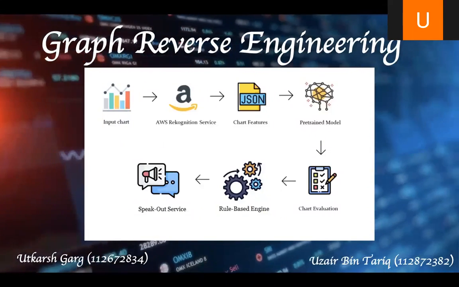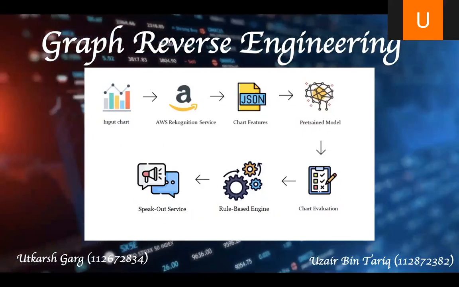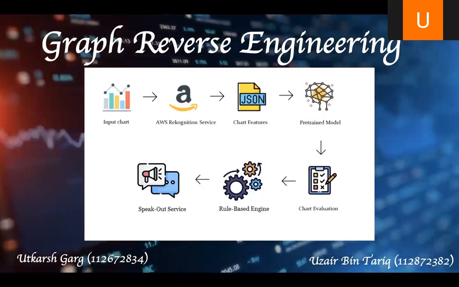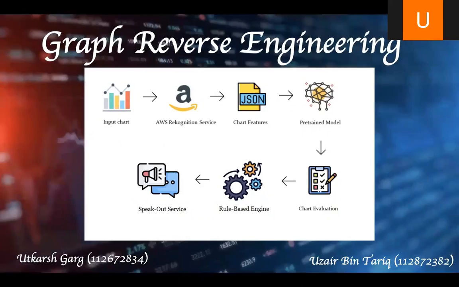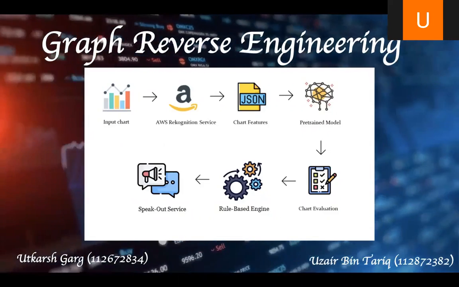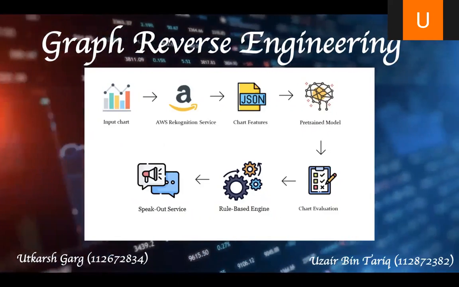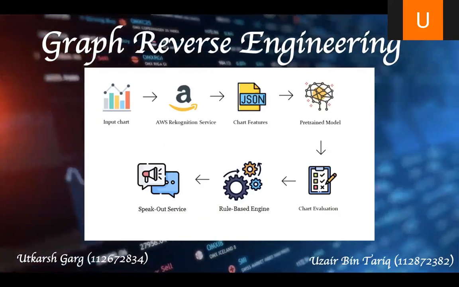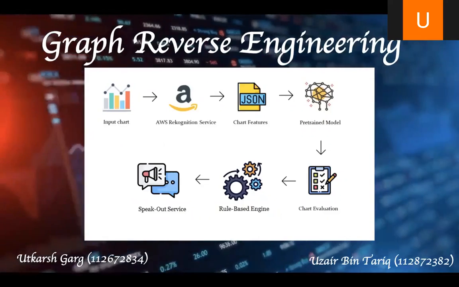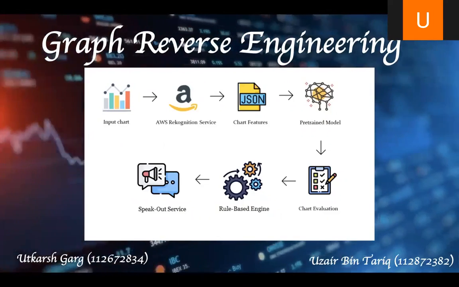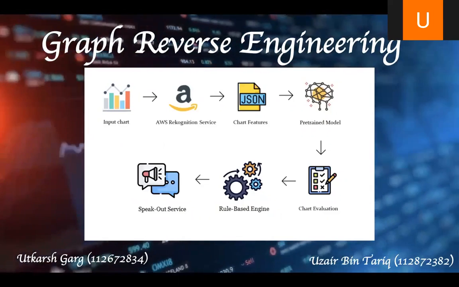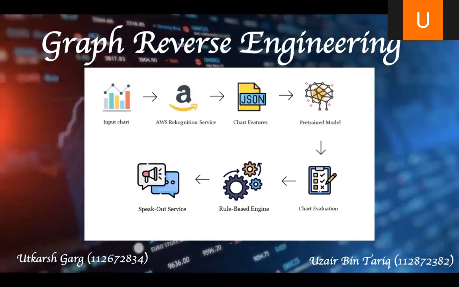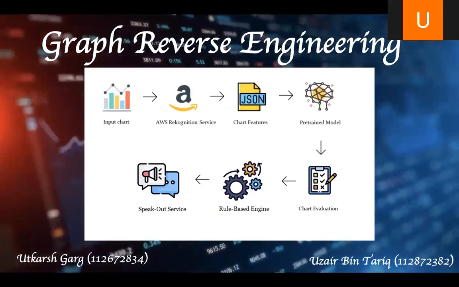Hello everyone, this is going to be a short presentation of CSE524 Graph Reverse Engineering, and this is going to be an iteration of CSE523. As the title of the project says, what we are trying to do is reverse engineer our graph. The general workflow is that we have a chart that is input into the system, and once we have that chart, it goes to the AWS Rekognition service, and we get the bounding boxes